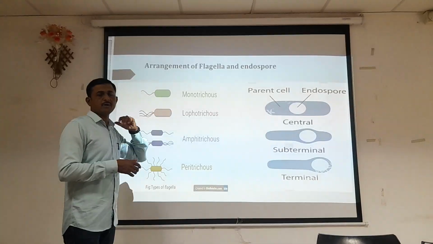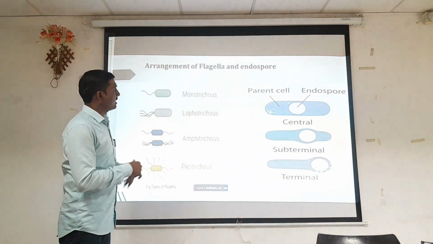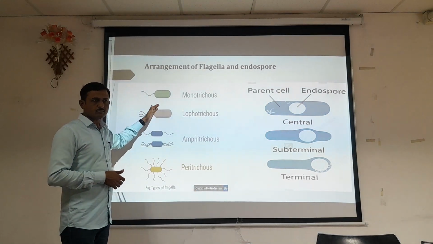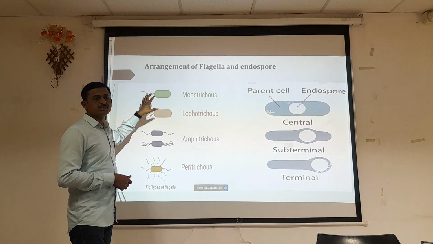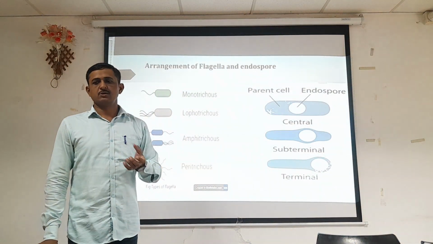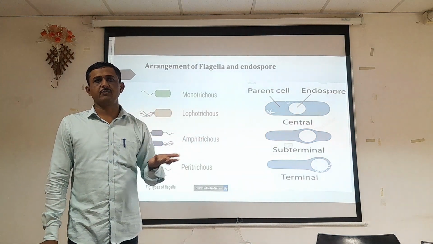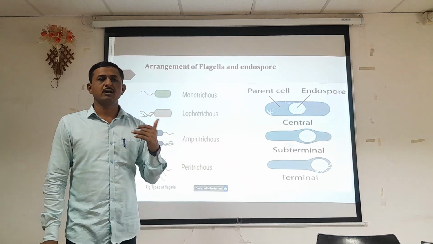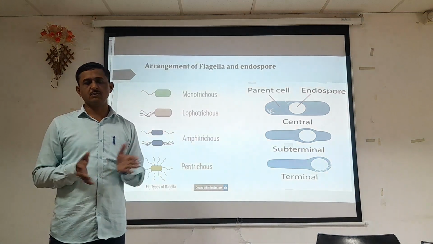So on the basis of arrangement, we can differentiate into gram-positive Staphylococcus and Bacillus. Again, we have a stain for the flagella, to see whether the bacteria possess flagella. On that basis, we observe the organism for their motility. Staphylococci are non-motile. Bacillus, if they have flagella, are motile; if flagella is absent, they are non-motile. So on this basis, we can distinguish them from one another.